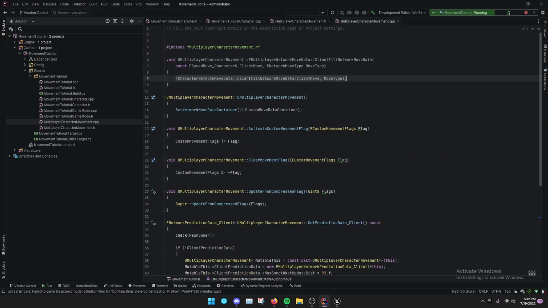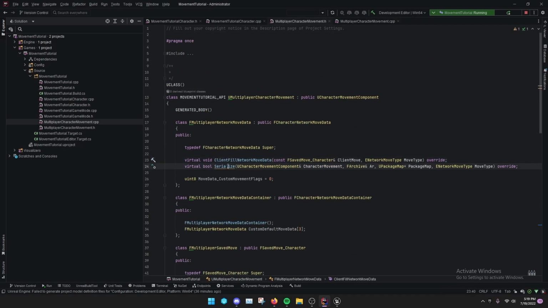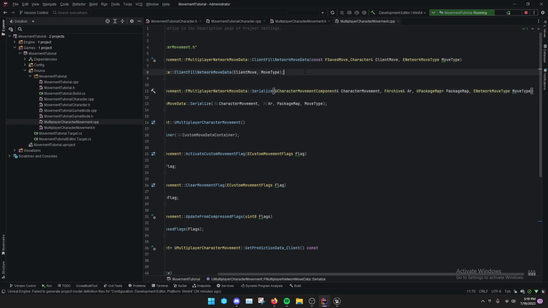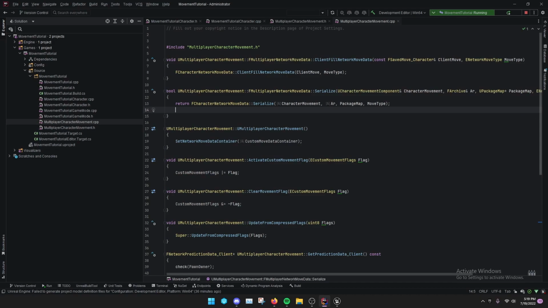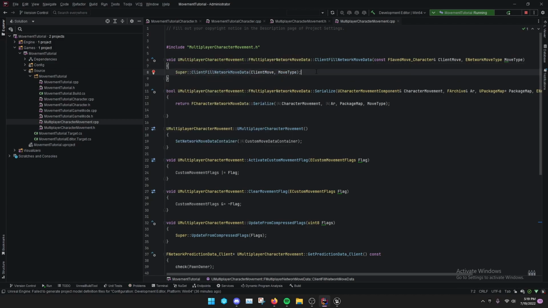So generate definition for ClientFillNetworkMoveData, and also Serialize. And then the next thing we have to do is go here, and we can actually switch this out for super, which is where that comes in,